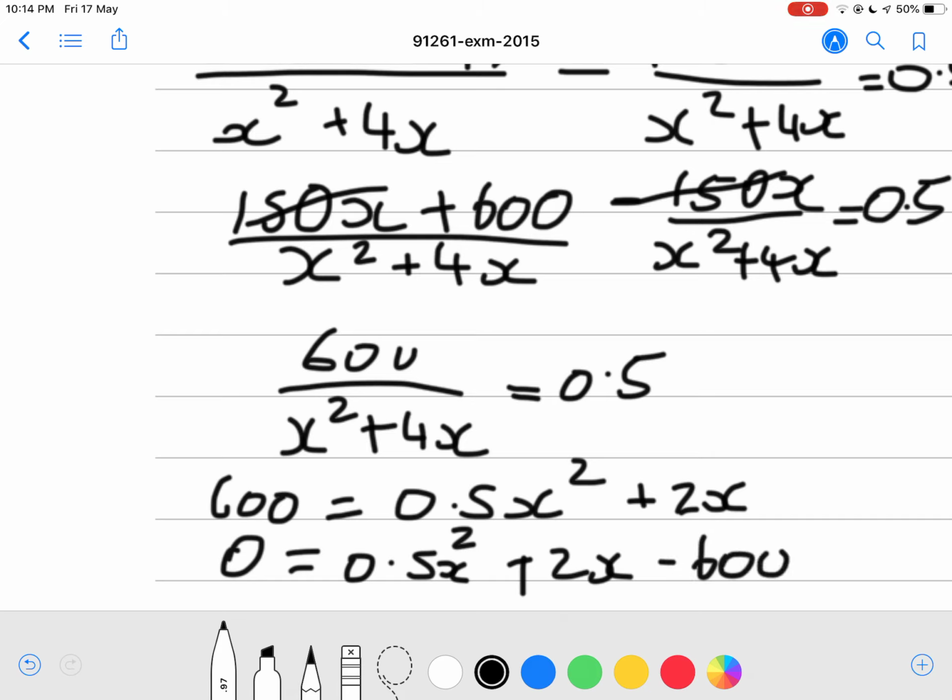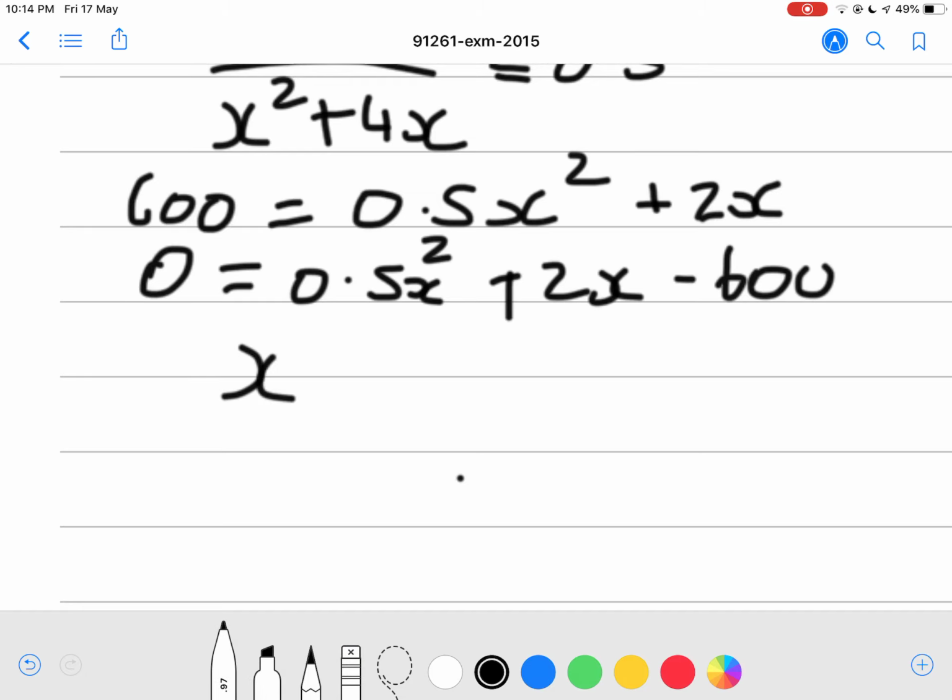Okay, so this is a bit harder, so it's easier to use the graphics calculator. Okay, so use the graphics calculator to tell you the answer. So I'm just gonna use my graphics calculator real quick. So 0.5x squared plus 2x minus 600 equals to 0. See what this gives us. Okay, so this gives us